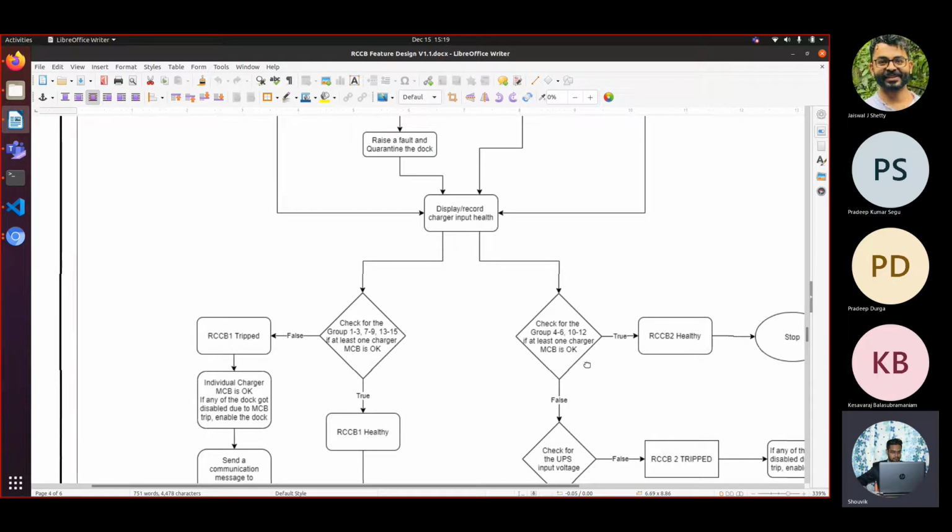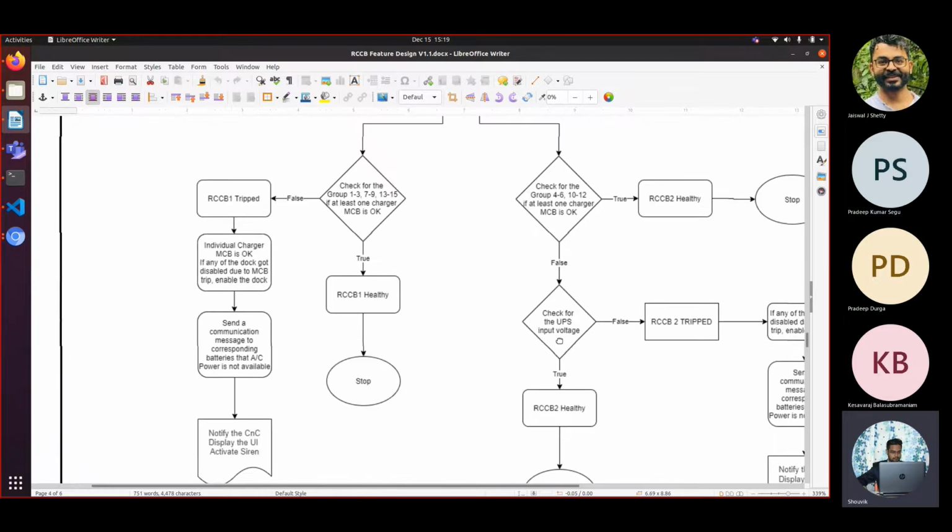But if all of them are reporting the same thing, like RCCB1, we are not saying RCCB2 is tripped, we are checking the UPS input voltage again, because UPS is one of our input points. We have HVAC as another input point, but for Huawei HVAC, I guess we do not have a way to get the input voltage. That's why we are not considering HVAC at all. But HVAC should be an input point for us.